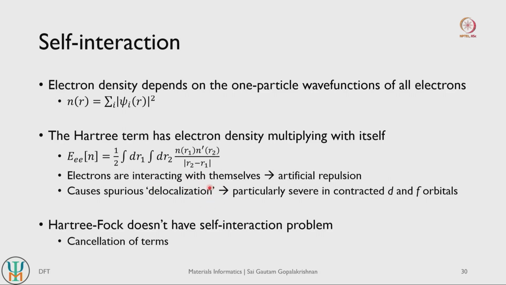And this problem of electronic delocalization is particularly severe in transition metals and F block elements, right. In transition metal and F block elements, when they form compounds, so when they form oxides, fluorides, chlorides and so on, their d and f orbitals become quite contracted. If you take iron oxide for example, Fe2O3, each iron ion has an oxidation state of 3 plus, and because of this oxidation state, each ion has 3 more protons compared to the net amount of electrons, because it has donated 3 electrons to a nearby oxygen.